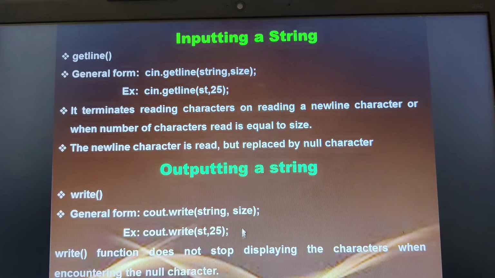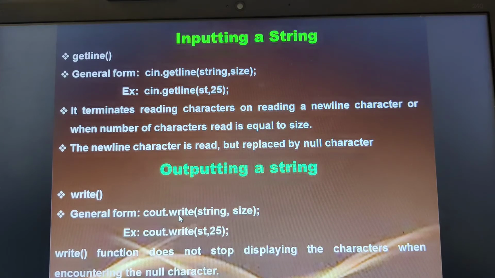Suppose I want to print the characters in the given string, if I want to output a given string, then I have to use the function known as write. How do we use the write function? cout, followed by a dot, followed by the function name write, and then string, comma, size. It's very similar to the getline function here.